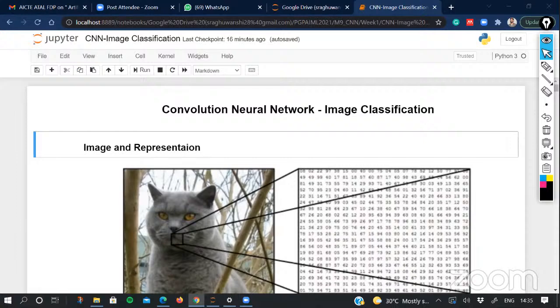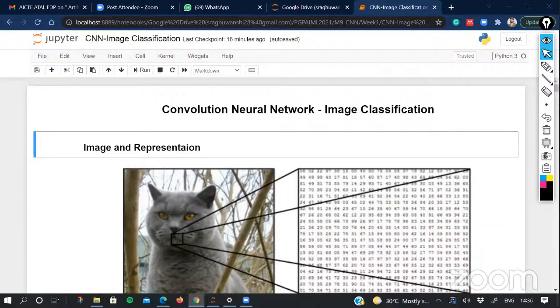So the agenda will go like this: we'll try to understand what is an image and what are the characteristics of an image, especially when it comes to representing it in the memory. Then what are the challenges of image classification, especially when we use a computer to do this job, and how convolution helps us to face those challenges, and what is convolution and what are the building blocks of convolution neural networks. And lastly, we'll try to implement this convolution neural network to do image classification.